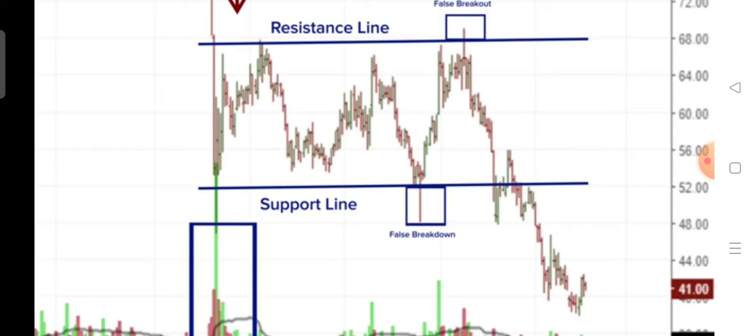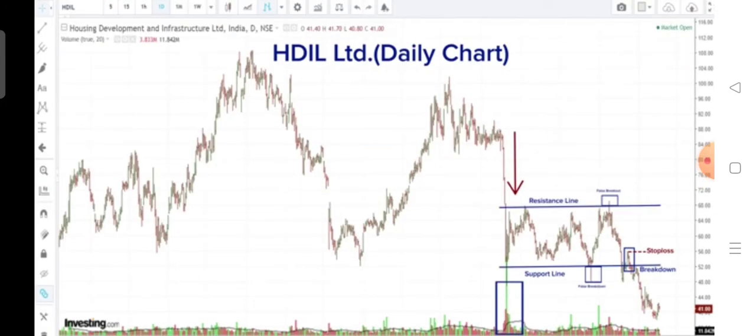but this time also there was a little bit of attempt to move above the support line, as you can see here. But what happened eventually? Eventually the price moved down and went a lot lower. So that is why I say that there can be a retracement and we have to observe the retracement. If it is going much above the support line, then we can say that this was a false breakout and we should actually exit the trade. But if the retracement is small and eventually the price goes down much lower, then we can be assured that this is the actual breakdown and we should be with the trade for a longer period of time.